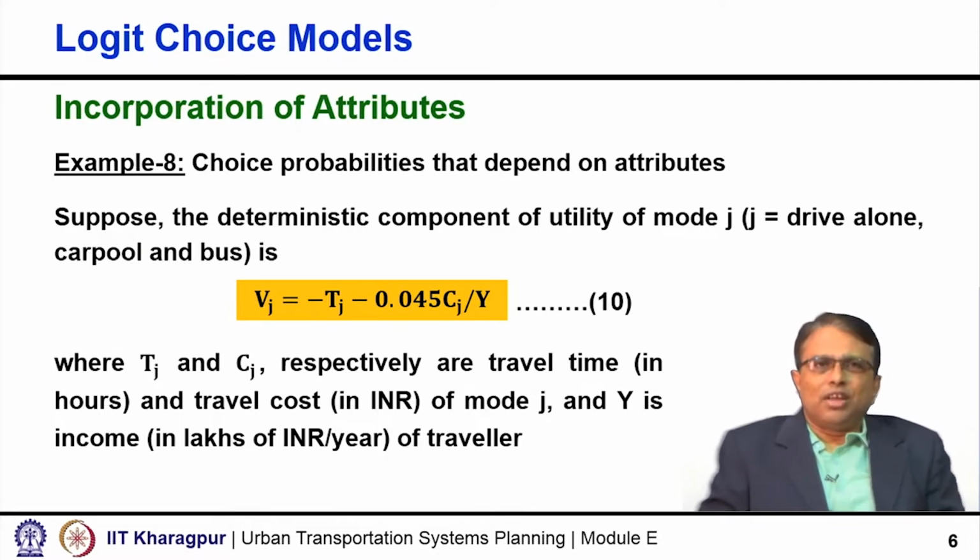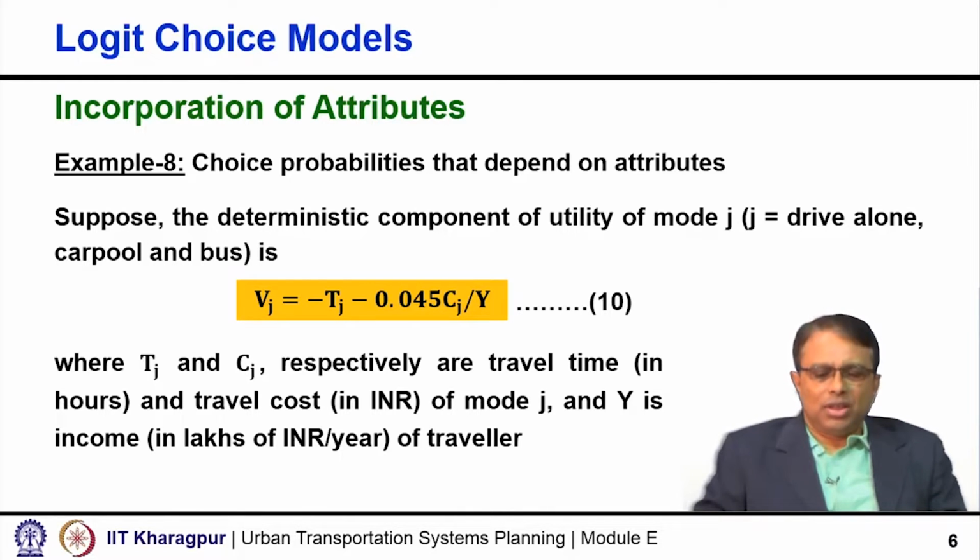Let us take an example to show you how incorporation of attributes can be done and how we can do the predictions depending on the attributes. So, one example we take where choice probabilities depend on the attributes, that means attributes of alternatives and socioeconomic attributes. So, we take a very similar type of equation, if not the same,